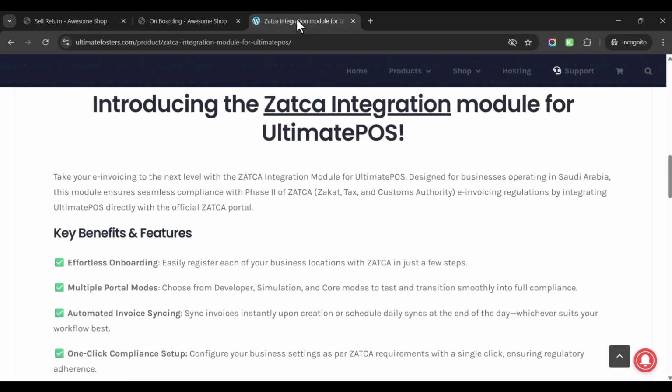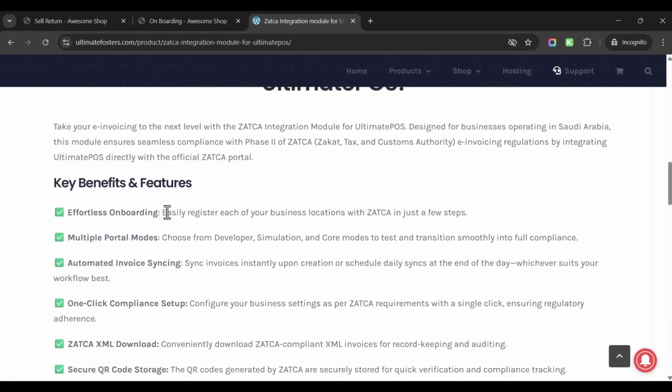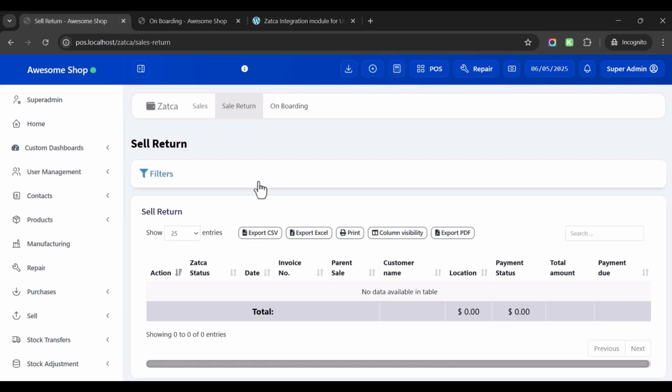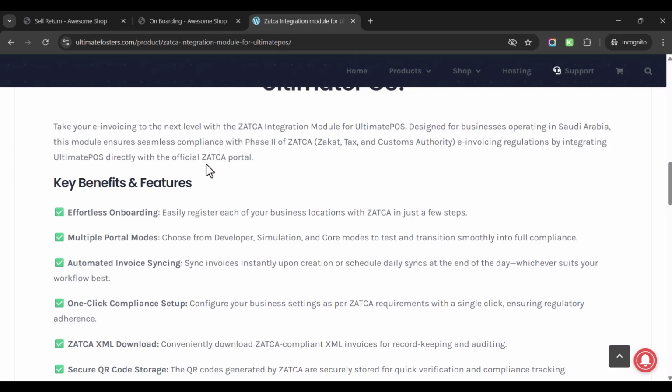Let us explore what all features are present here. The big advantage of this ZATCA module is that it does not require any third-party APIs. That is, you don't have to pay any extras. You don't have to pay for the number of requests which you make to the ZATCA authorities. We have created this module directly taking all the APIs from ZATCA. No third-party APIs are present, so the data from here will be directly synced to ZATCA. It will not be getting sent to any third party.